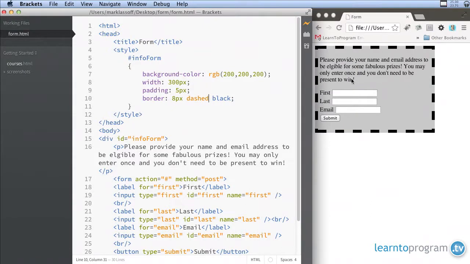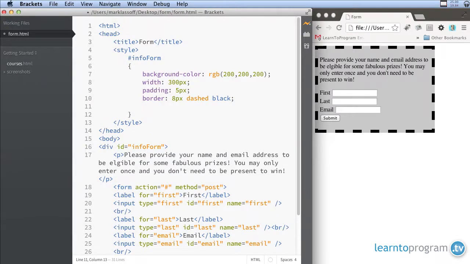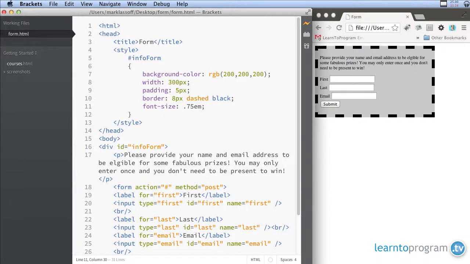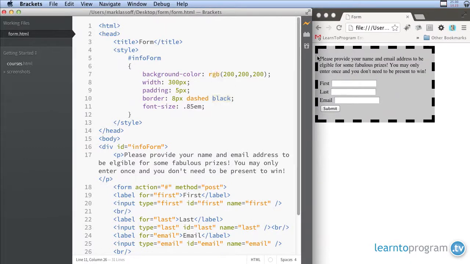And let's go ahead and inside the form, let's change the actual text to something smaller. So we're going to do font size, and let's go with like a 0.75 em. If that's too small, we can always change it back. That's a little small. Let's go with a 0.85 em. Great. So we've got our box, we've got our padding around the box, we've got our border, but we also